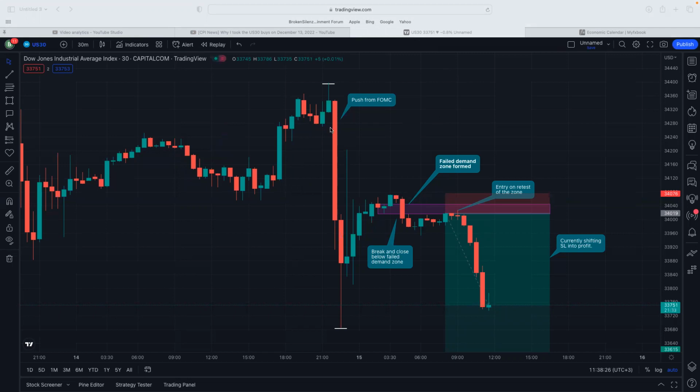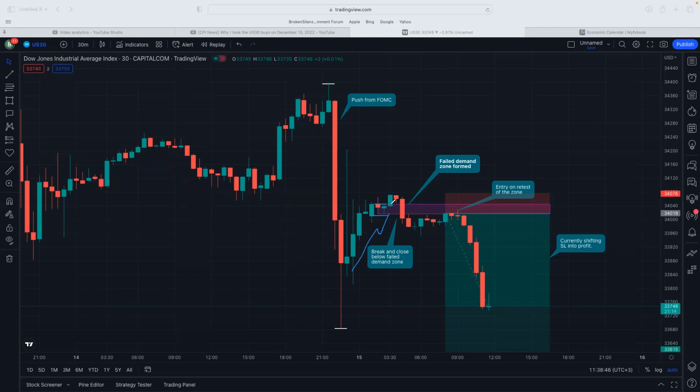So in our case here, we had the drop that, as we've seen, broke below that level that we were talking about. It was around here, I think, somewhere around here. So once it broke below, the daily candle, of course, pulled back up so that it can close, and then we closed around here, and then we left behind this zone.